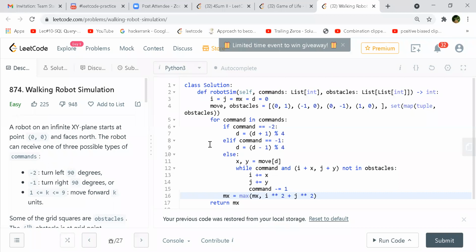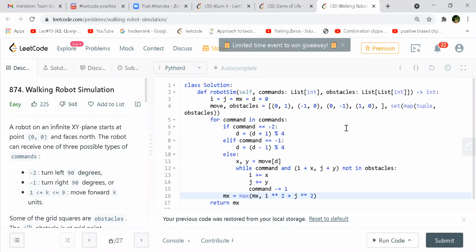We can't help it. Implementing all these things and getting a correct solution for that direction array is the key, and moving to the right and left. For this move array, for example, if we are at 0, -1 in the grid, and we get the command -2, at that time we'll go to 1 comma 0, right?